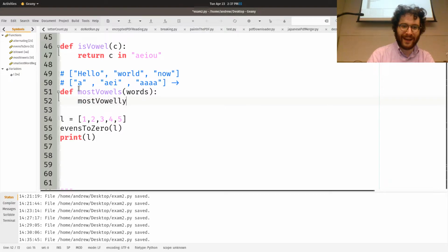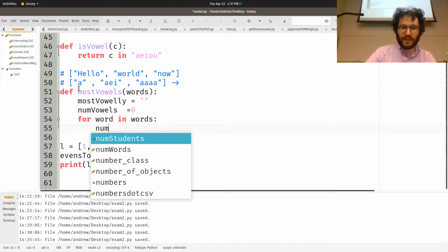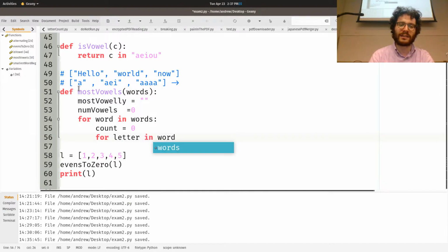Let's call it most_vowel_word, and num_vowels is equal to 0. Okay? So for word in words, let's go with count equal to 0, which will be the count of the number of vowels in that word, right? So then we have to say for letter in, so for every word in the list, for every letter in the word,